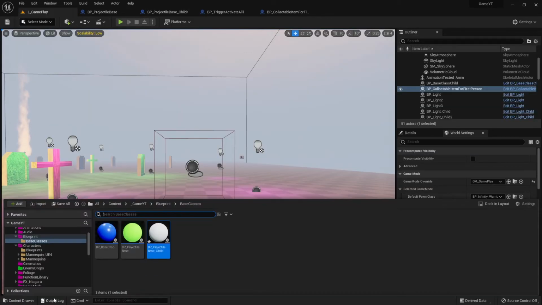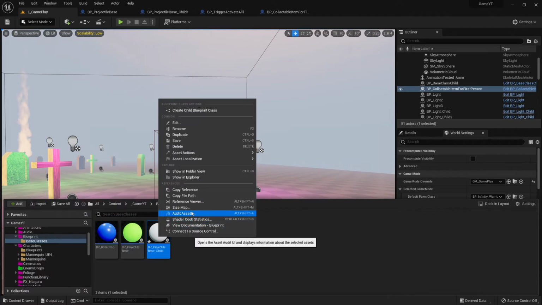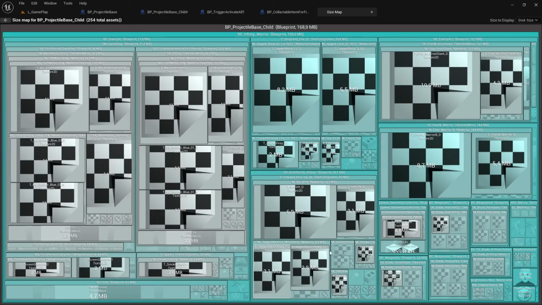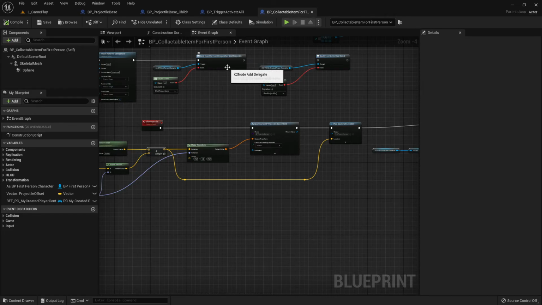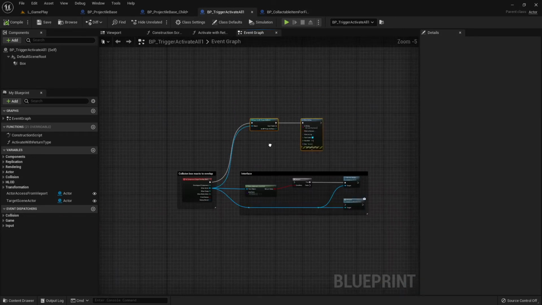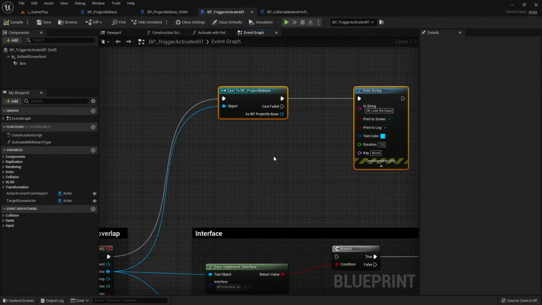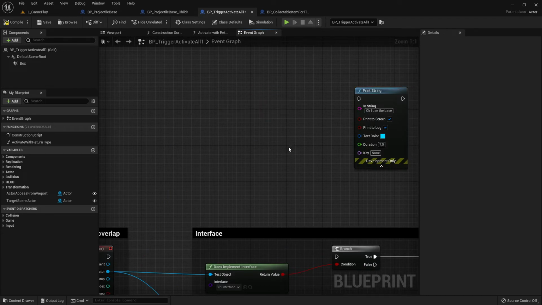There is no way around it, you have other ways to lower the size map in this blueprint itself. But I said casting can cause very big problems, right? Because let's say, go back. If I cast this one now, not to the base class, but to the child blueprint class,